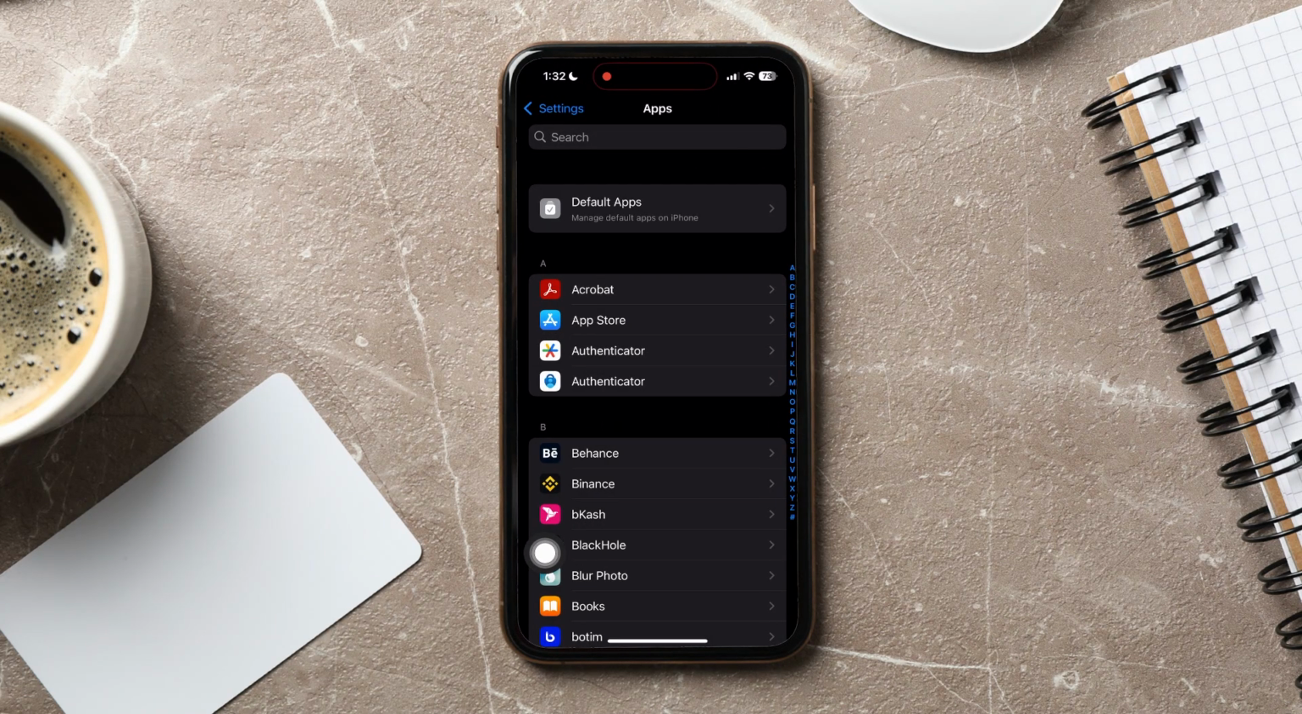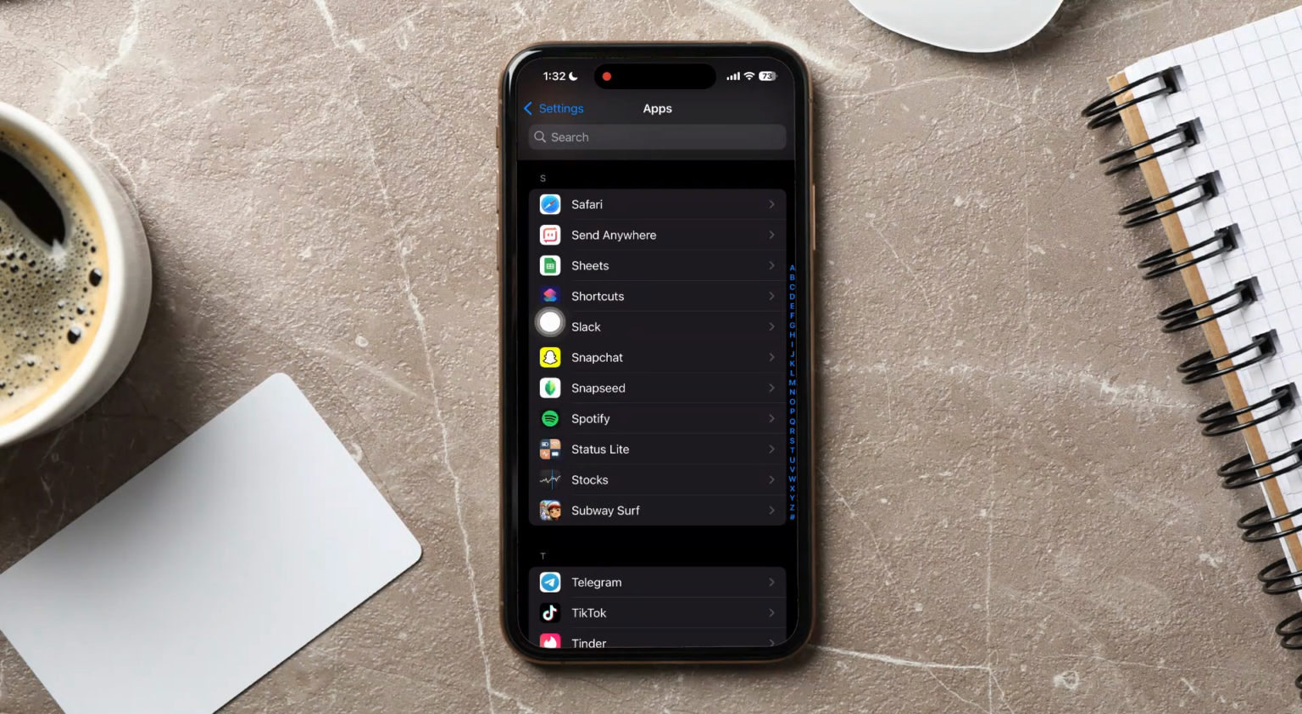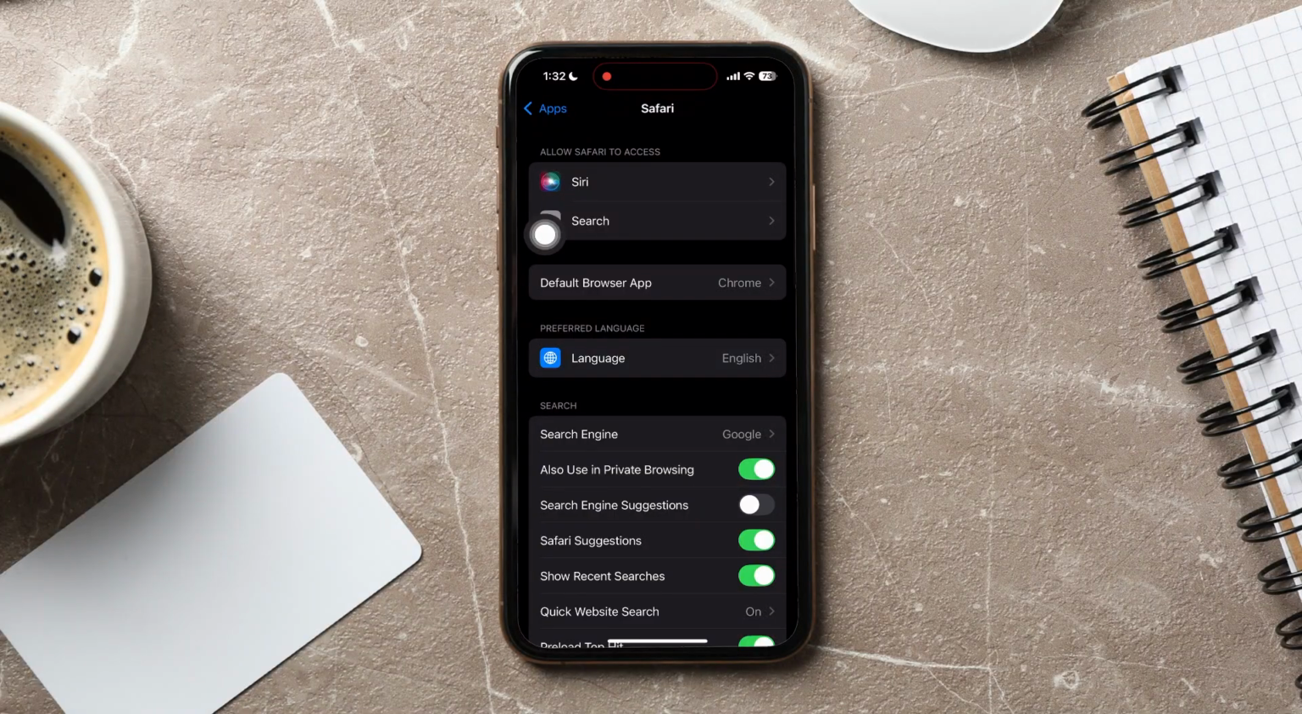You can view all your phone apps over here. Now, scroll down to find Safari and tap on it. You are now in the Safari settings page. This area provides access to various settings, including search engine selection, autofill options, privacy features like preventing cross-site tracking, and